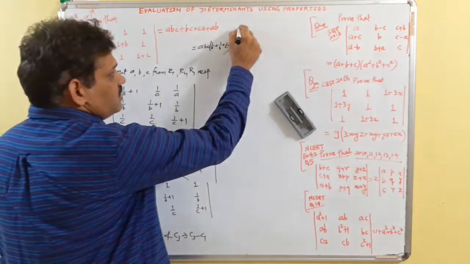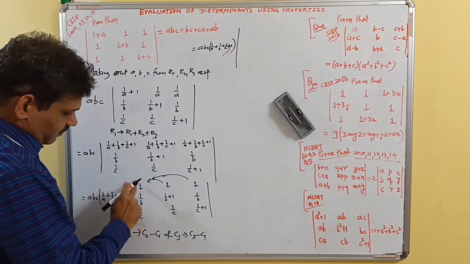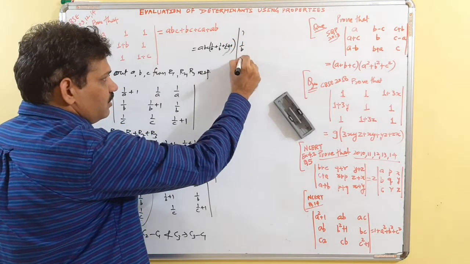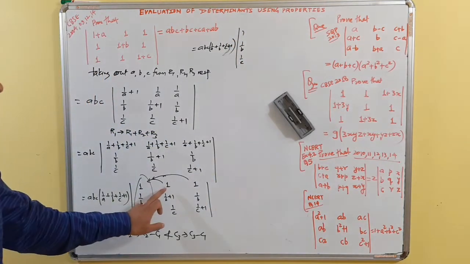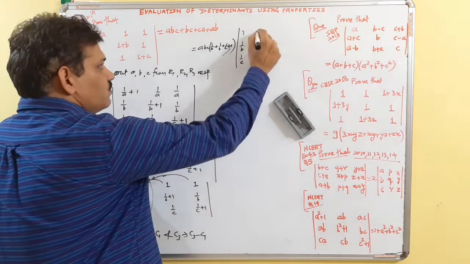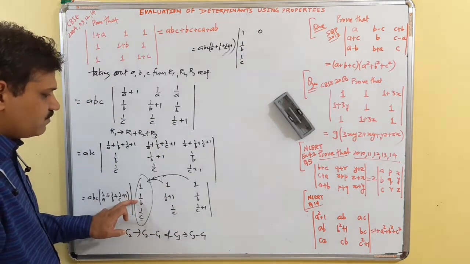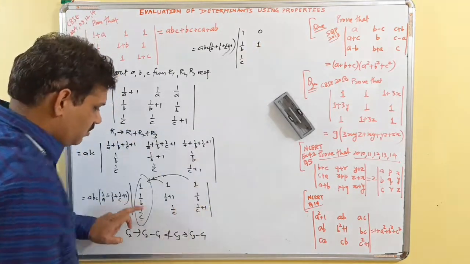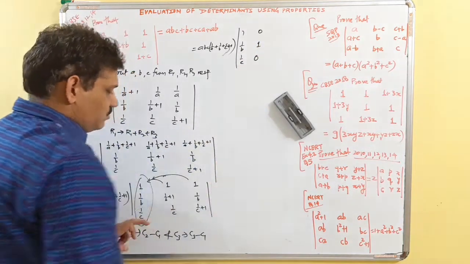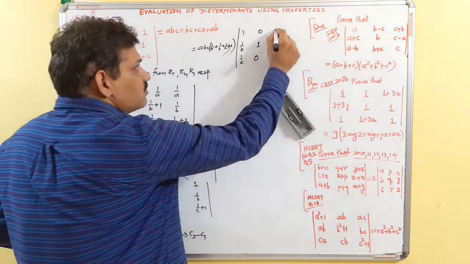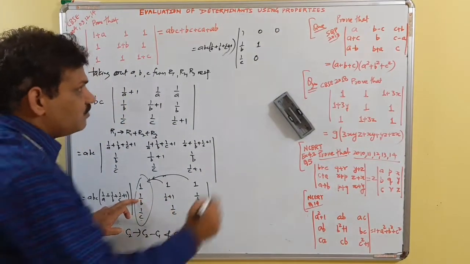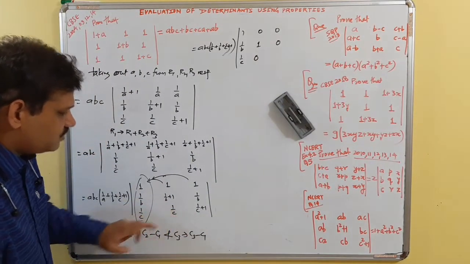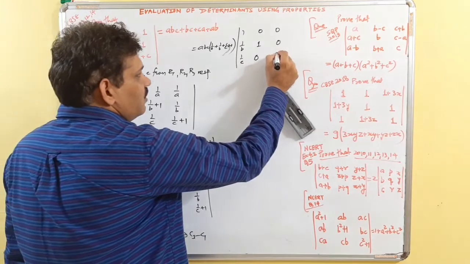Well, this is simply, there is no change in C1, so 1, 1 upon B, 1 upon C. If I subtract, 1 minus 1 is 0. 1 upon B minus, plus 1 upon B, that 1 upon B will be cancelled. This will give me 1. 1 upon C minus 1 upon C is 0. Again here 1 minus 1 is 0. 1 upon B minus 1 upon B is 0. Now 1 upon C plus 1 minus 1 upon C, so 1 upon C will be cancelled out. So I will get 1.